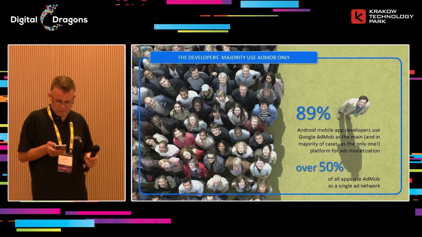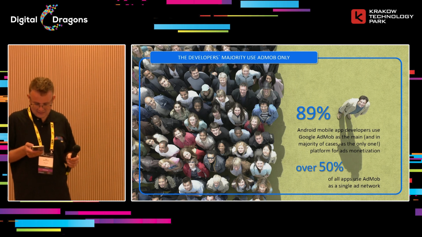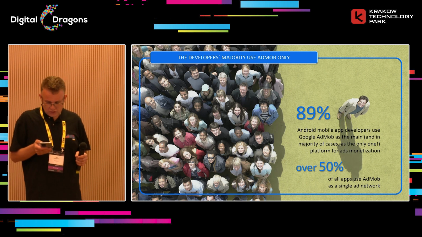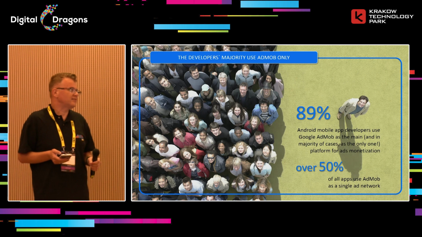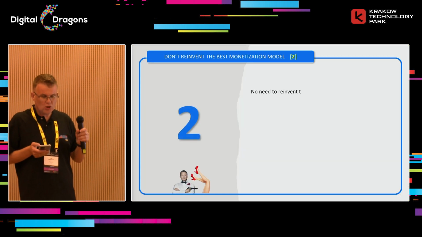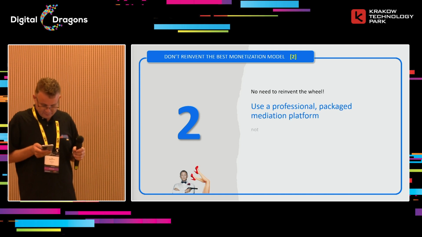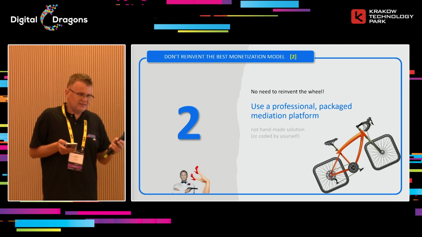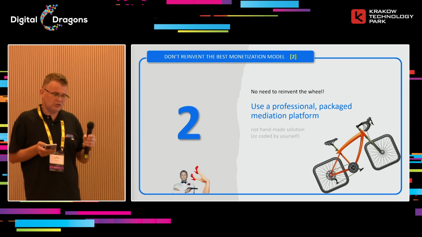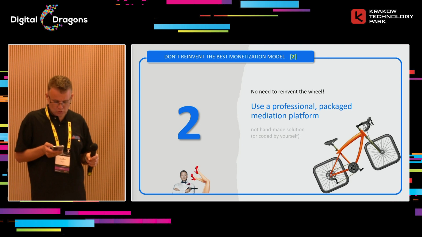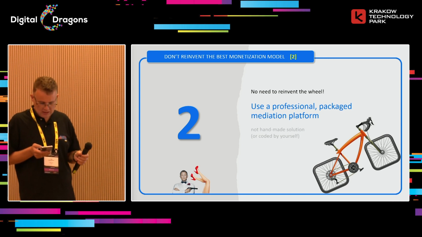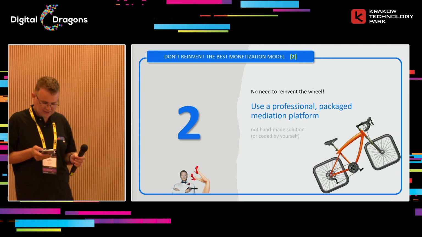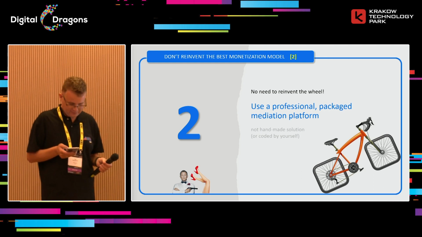However, about 50% of apps use AdMob as a single network, and this is absolutely not effective. Using classical or programmatic mediation can increase your app revenue up to 200%. Your revenue can be increased 3 times. Don't waste your time trying to create new solutions. The market can provide you with ready solutions which can free a lot of your time for more interesting activities than trying to reinvent the wheel.